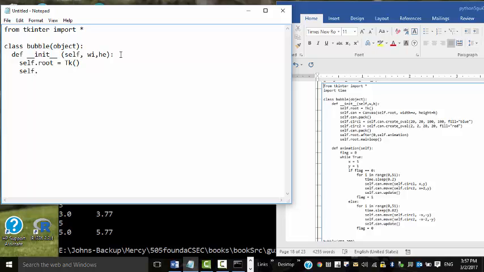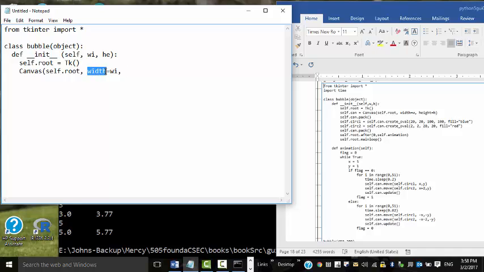Then self, and then you can also create canvas. Canvas should be in the root, the size of not just the root but self root in this case. And then we can give width and height. Width is something that we received here. So WI is given to the width